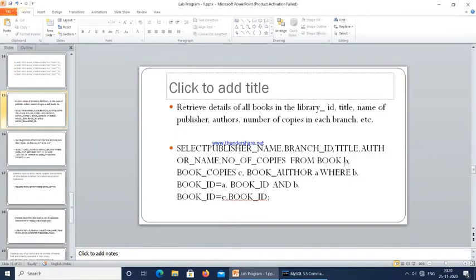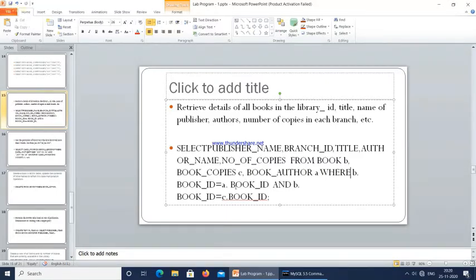Book B is an alias B for the book table, book underscore copies is C, and book underscore author is A, where B dot book ID is equal to A dot book ID. That means the book ID in the book table should match the book author table. Both I am going to compare.